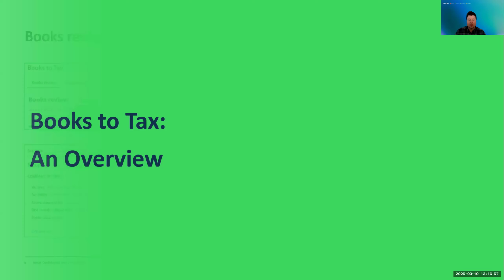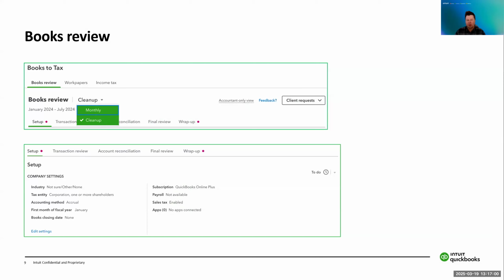Okay, so the next slides are going to describe the 3 tabs that are available in the Books to Tax environment. As we can see on the left, we have Books Review, Work Papers, and Income Tax. The Books Review tool focuses on common, but the ones that might be tricky bookkeeping areas, such as incomplete transactions. It looks at reconciliations, account balances. It also lists the key tasks so that you can very quickly, talking about that efficiency side, tie up any loose ends, and it also helps you prioritize your work.